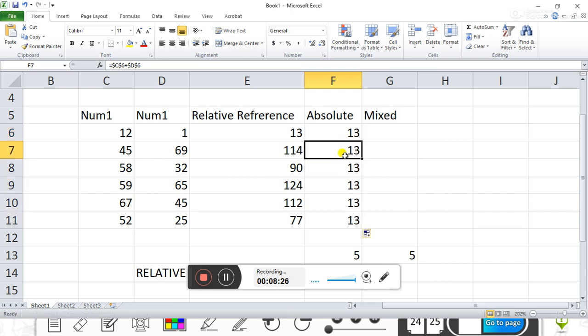What happened everywhere? 13, 13, 13, 13 means no change here. So that's why when we do not want to change the formula on copying, then we use absolute reference. Now